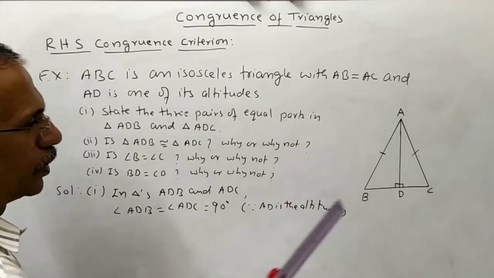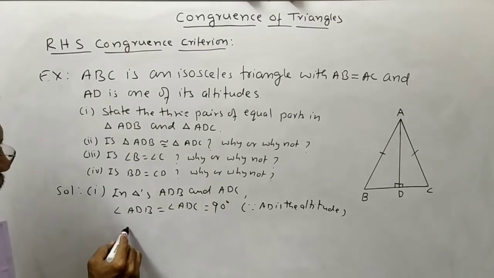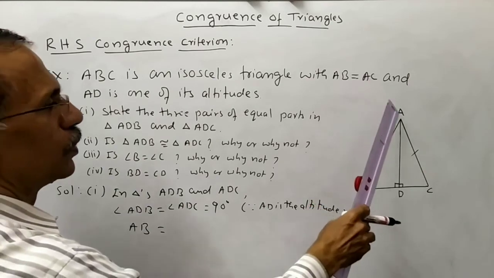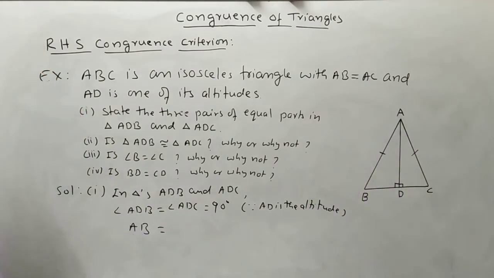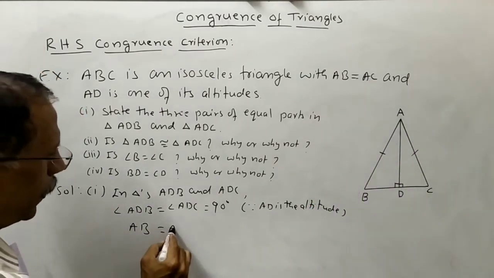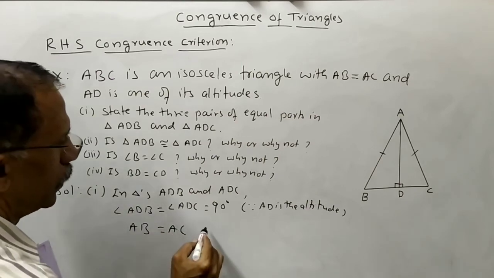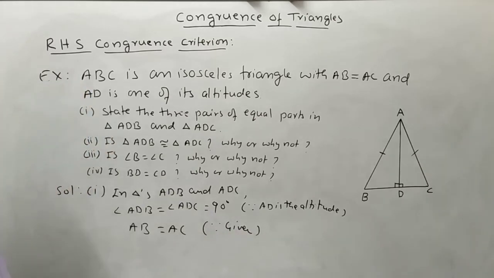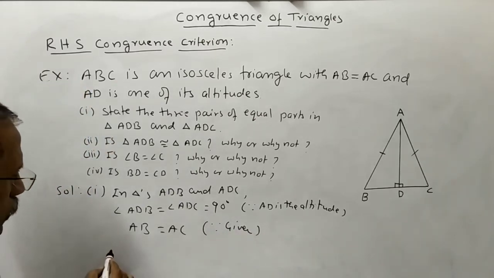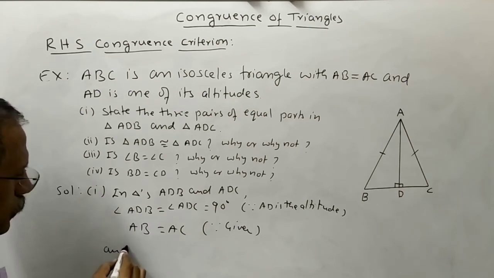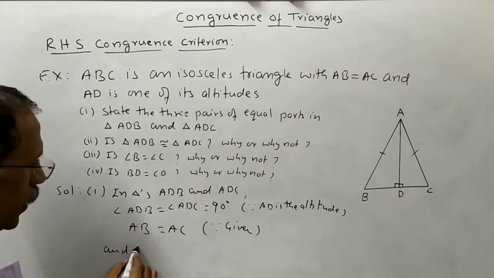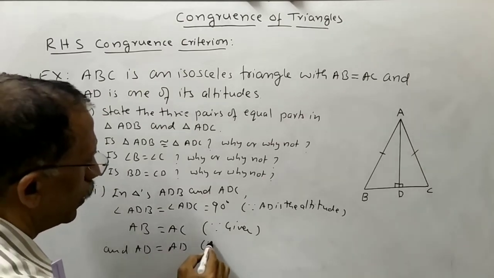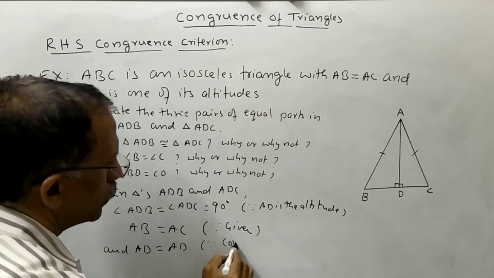Hypotenuse AB is equal to hypotenuse AC of second triangle, that is given, and AD is equal to AD, why, common side,